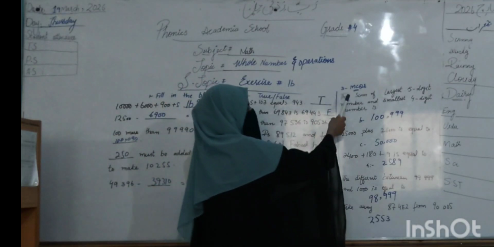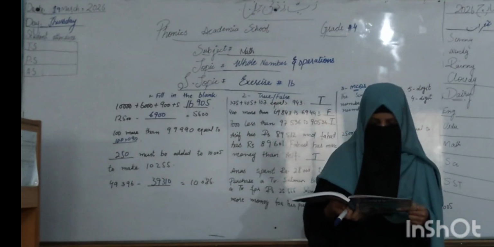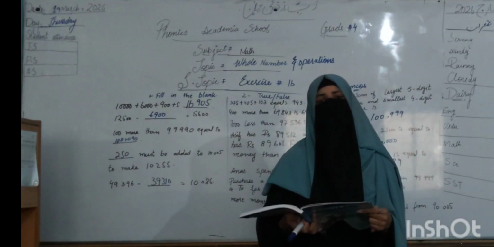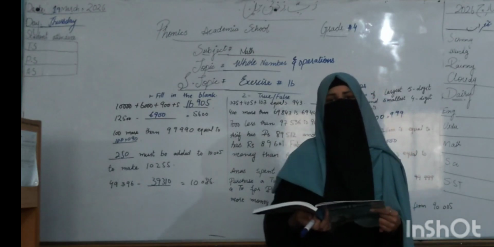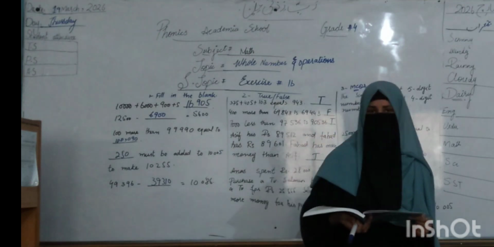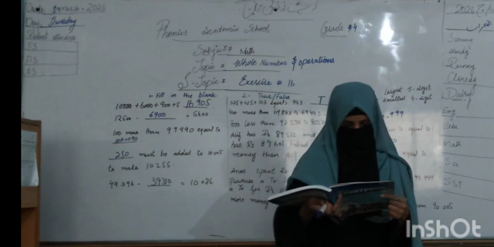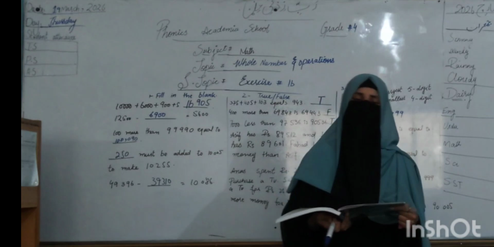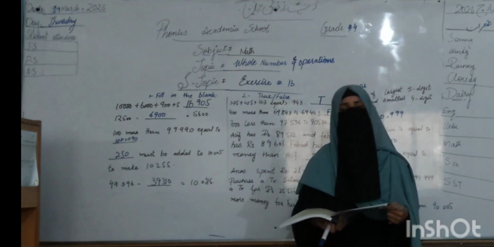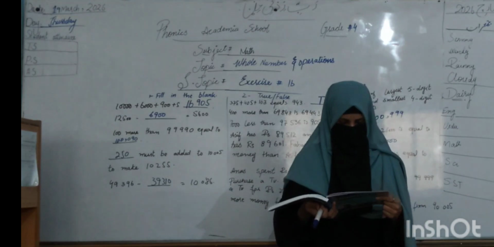So question number 3 is the MCQ. Choose the correct option. They say the sum of the largest 5-digit number, which is 99,999, and the smallest 4-digit number, which is 1000. So when you add the largest 5-digit number and the smallest 4-digit number, the options given are: option A